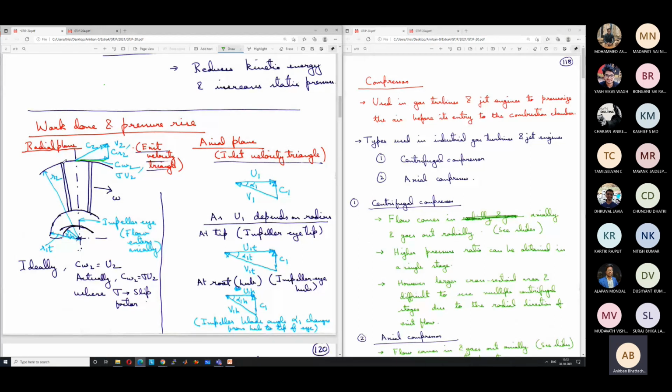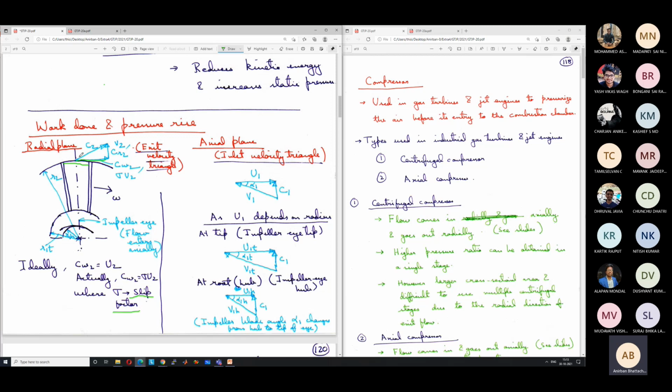Although the blade here is pushing, going at u2 velocity, this action is transmitted further away, resulting in a smaller velocity of the fluid. So the average velocity along the entire cross-sectional area between two blades is slightly less than u2. Okay, so this ratio is defined as a factor which is known as slip factor.